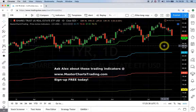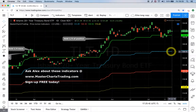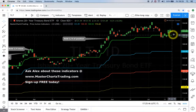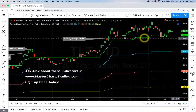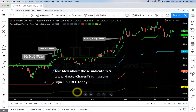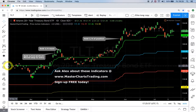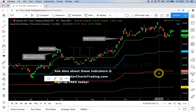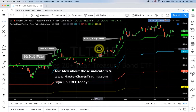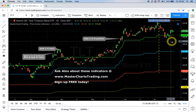Makes perfect sense. So I'm now wondering if this pullback in bonds is over, and it doesn't look like it's over. Maybe I think we may see more unwinding of this quite overbought condition. I mean, this is a big run for bonds. Look at this. From the 4th of March, for example, here's an alert, and this is a big gain. This is almost 12% gain. For bonds, it's a lot. So I think a pullback is not yet done,